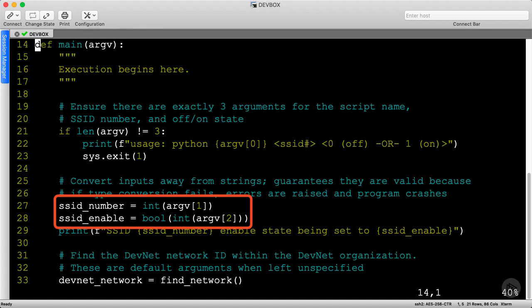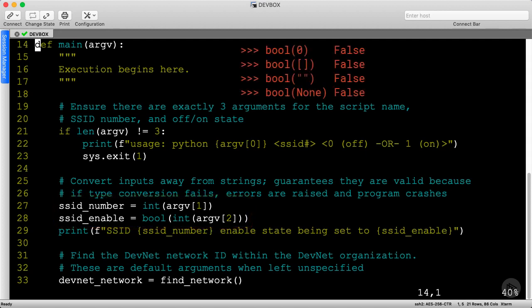The SSID number attempts to parse an integer from the second item in the list, while SSID enable attempts to parse a Boolean from the third item in the list. If either of these parsing operations fail, a value error will be raised and crash the program, as these are unrecoverable errors. In Python, values like 0, the empty list, the empty string, and none all evaluate to false when